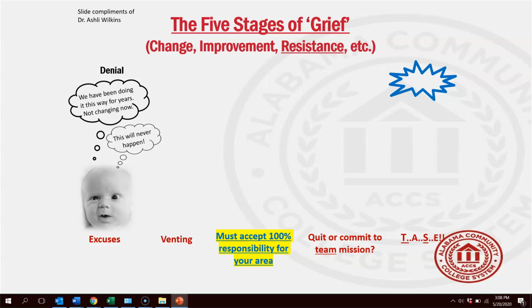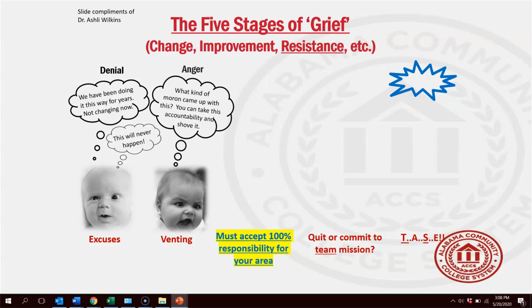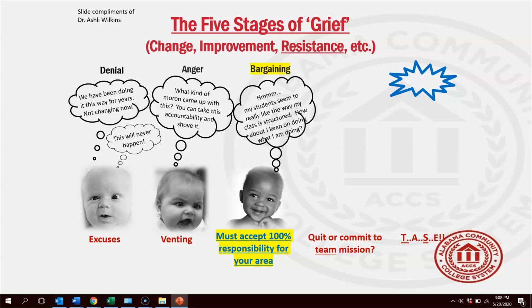Once I've been challenged on those, and then I realize these excuses aren't working, that usually gets us into the next phase of anger. So at least the good thing about the anger phase, we're no longer in the first phase. We're making progress. We have to celebrate the positive here. When we hit the anger phase, that's usually the venting phase. We're really mad that the excuses are no longer working. Because once I can't use excuses, then I have to accept responsibility, which gets us into the third phase.